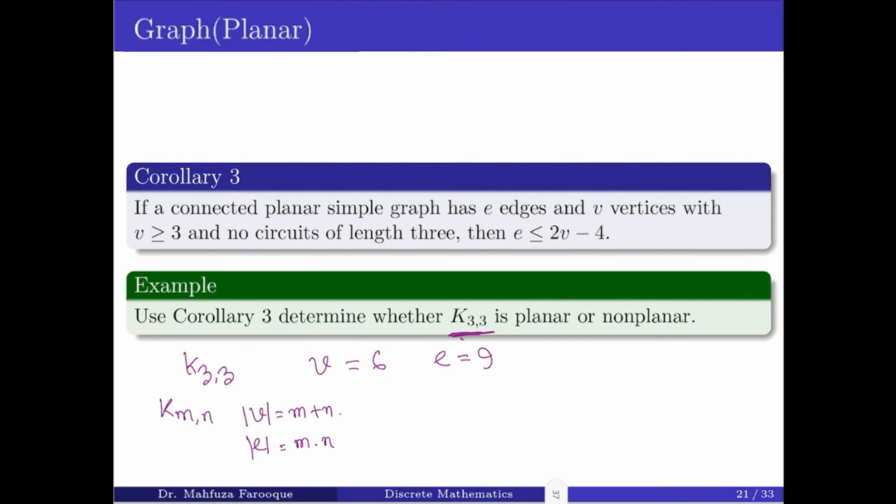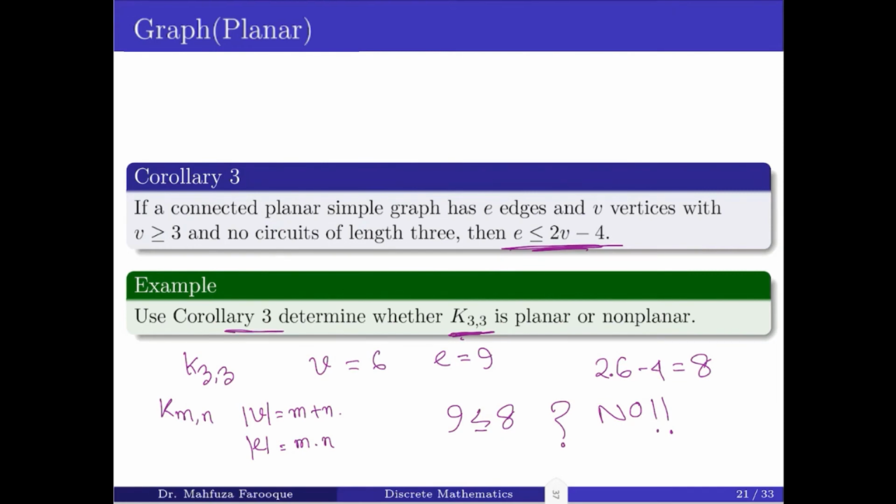Then 2 times V is 12, minus 4, so we get 8, right? Now if we put this into the inequality, we get 9 is less than or equal to 8. Is this true? The answer is no. Since this contradicts the inequality, we can say that K33 is not a planar graph based on